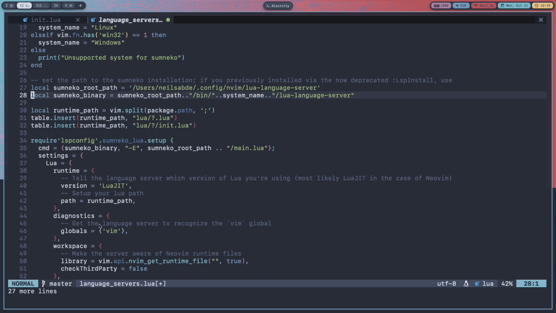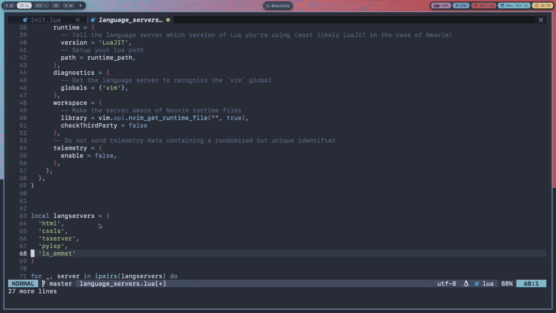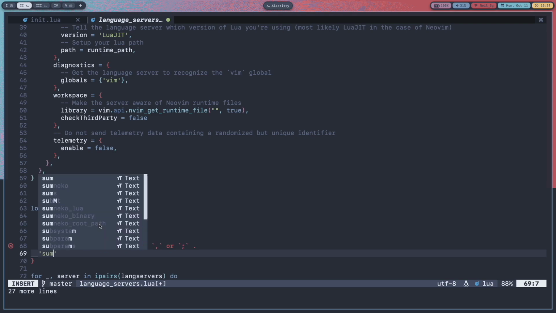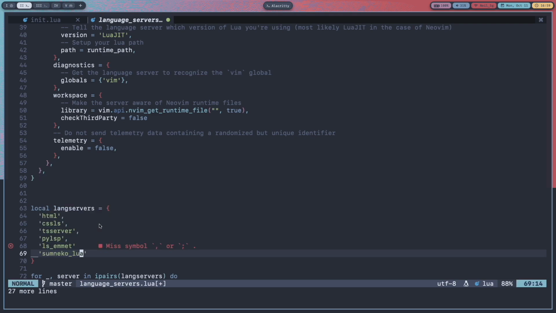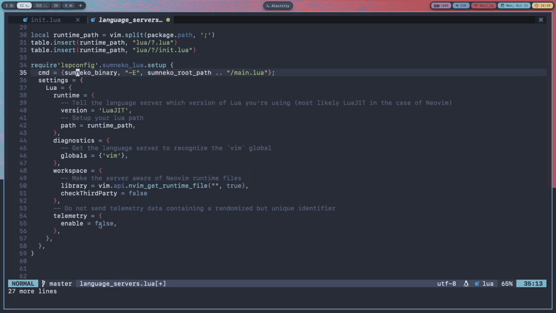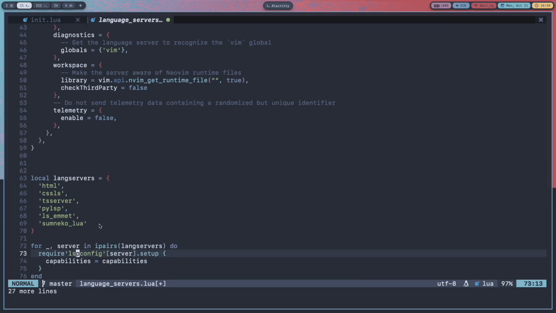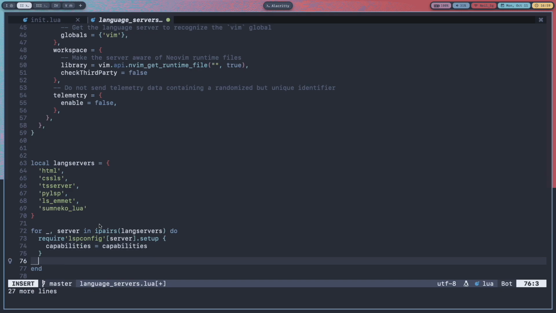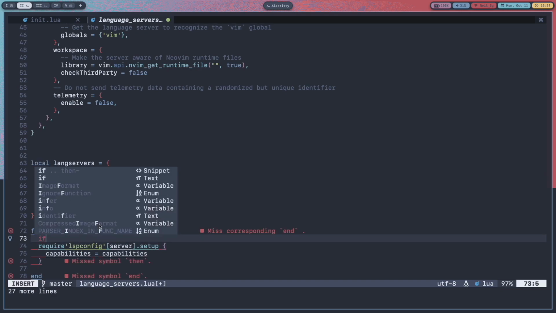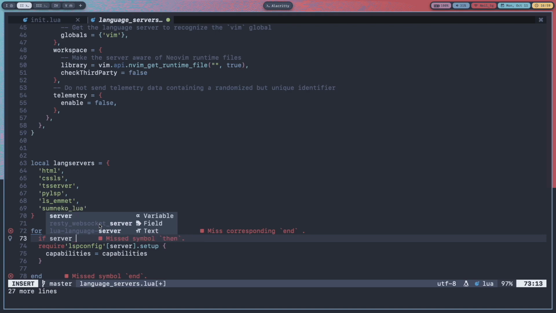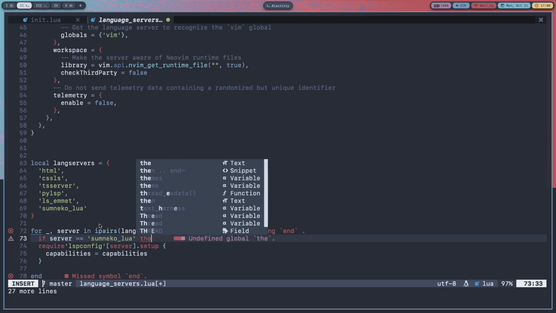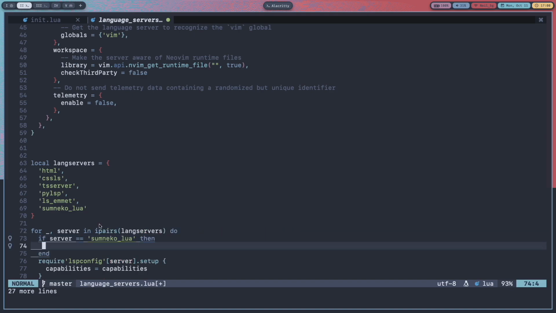Okay, and now let's add sumneko_lua here and also a comma, and here we can do if server equal sumneko_lua then end.